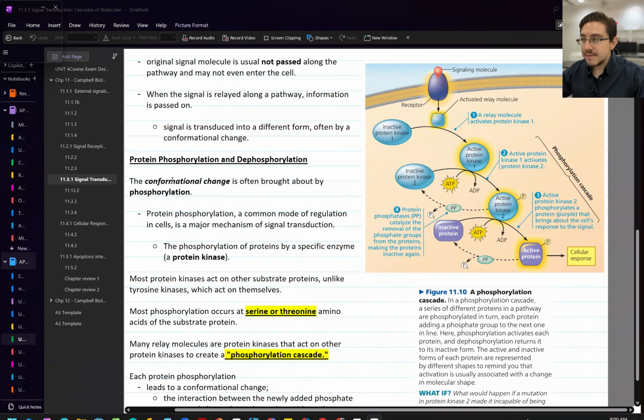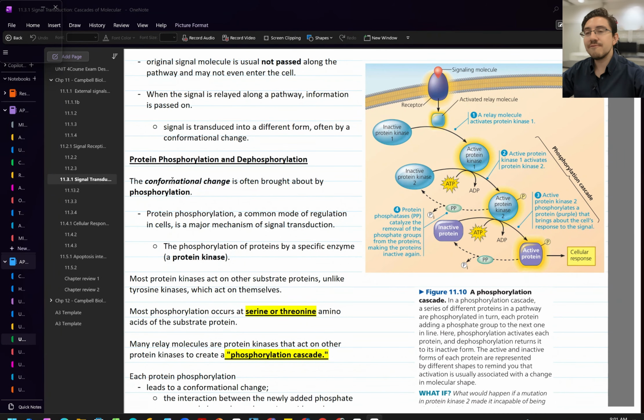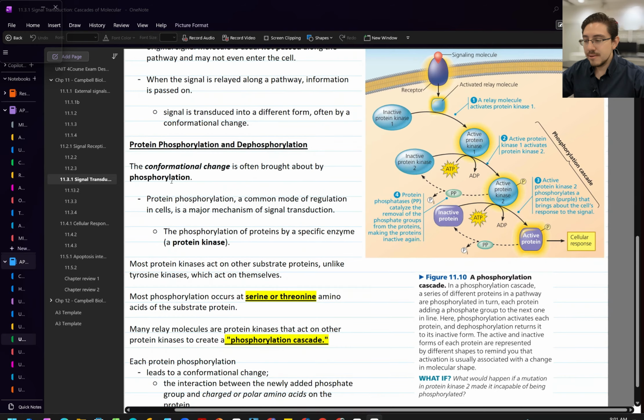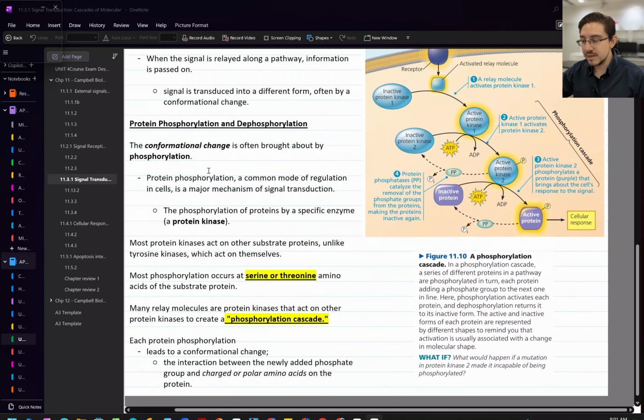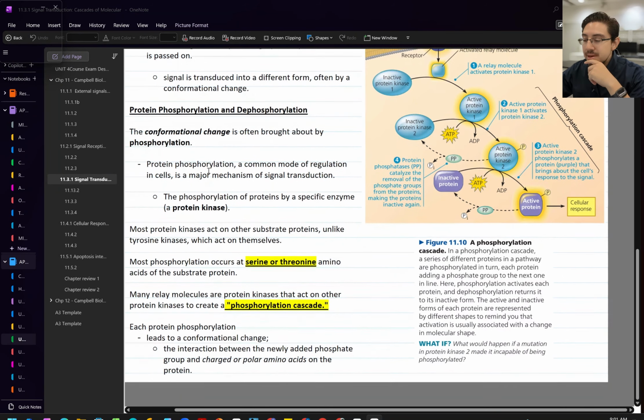Usually that relaying of signal is through conformational change, meaning that some proteins will change in their form in some specific way. And it could be induced by phosphorylation. We've talked about phosphorylation before, right? So protein phosphorylation and dephosphorylation. So you have a conformational change. Whenever you attach a phosphate group to a protein, it will change the shape, activate it, okay? And